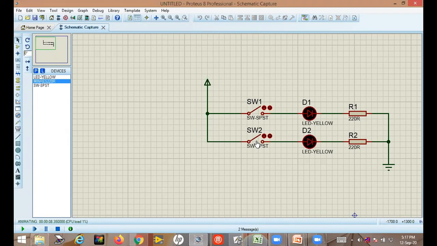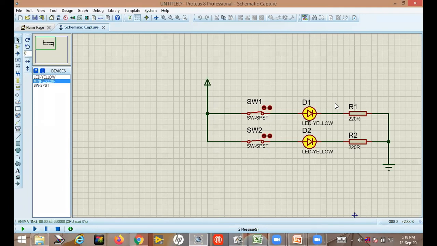Okay. So if you will not use any series resistor, what will happen? For a moment, this LED will glow with its maximum intensity because 5 volt you have applied. But after some time, it will be fused or damaged. But in this case, this LED will glow with a lower intensity, but it will remain safe. Okay, clear? Clear about this circuit? Everyone?